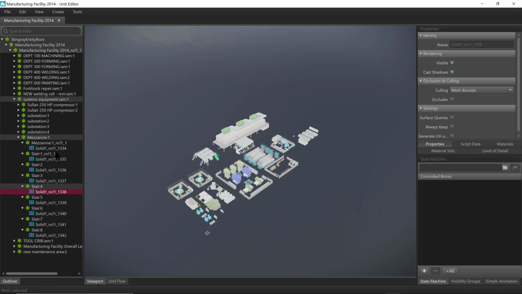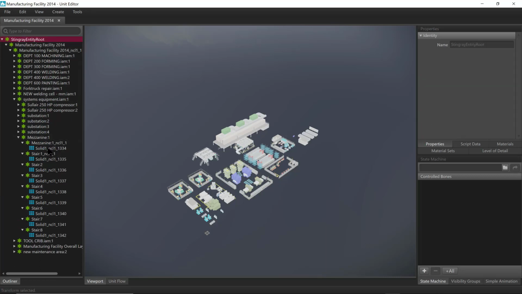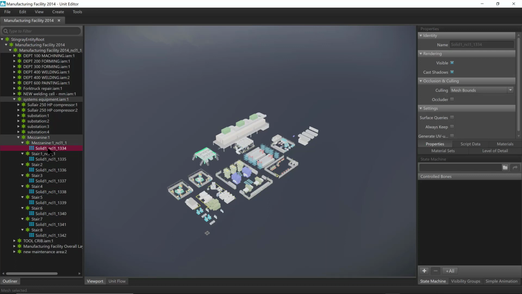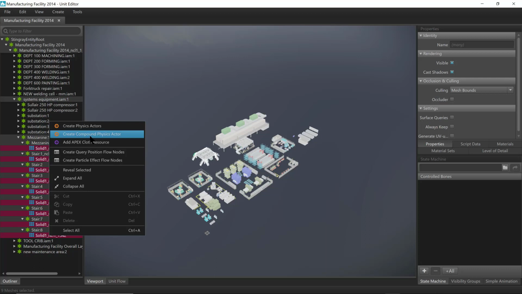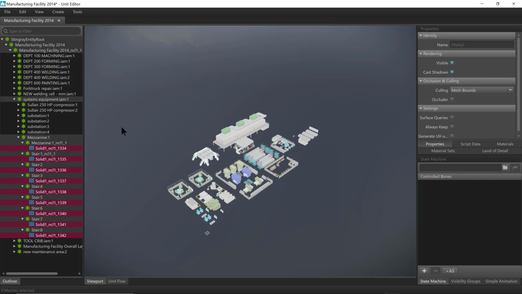I select all of them one by one and create something known as a physics actor, or in this case a composite physics actor. I don't intend to create each one of them as a separate physics based element but as a composite element. So that's why I created a composite physics actor.